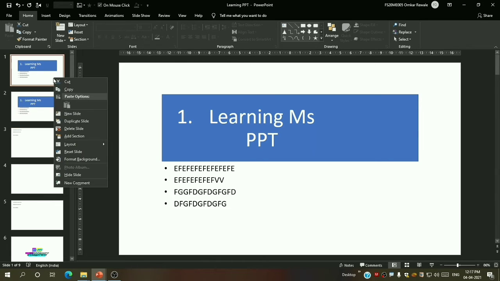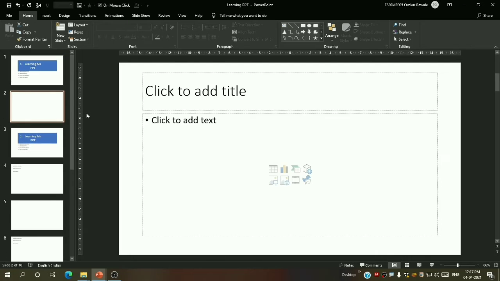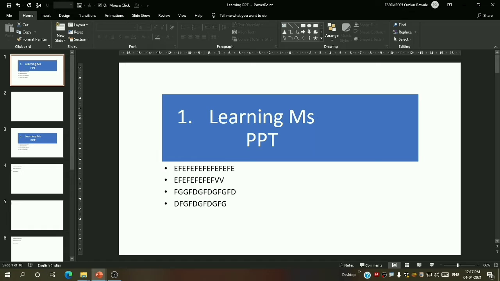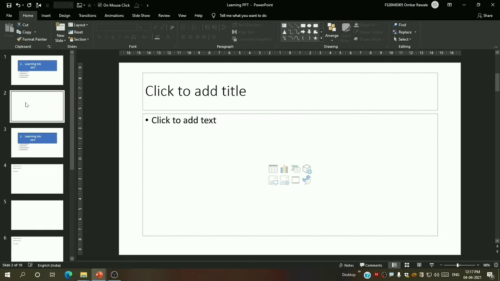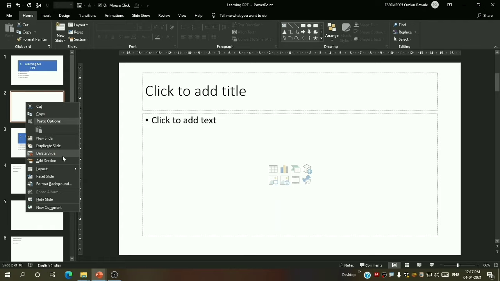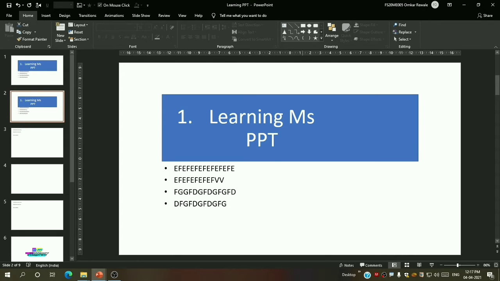There are some more options: cut, copy, paste, delete slide. If I want to delete this slide, I will right click and say delete slide. The slide is deleted. So the slides are being controlled from over here.